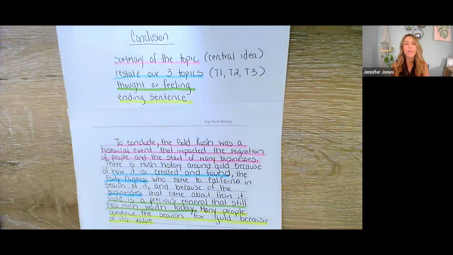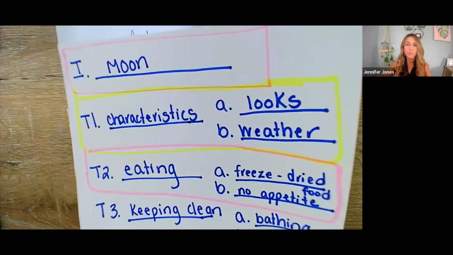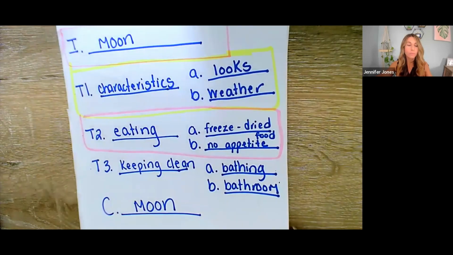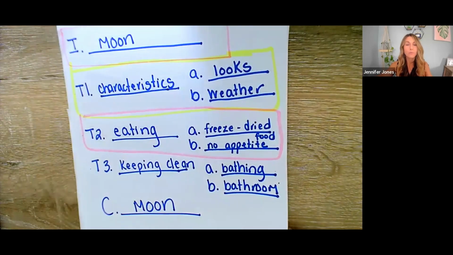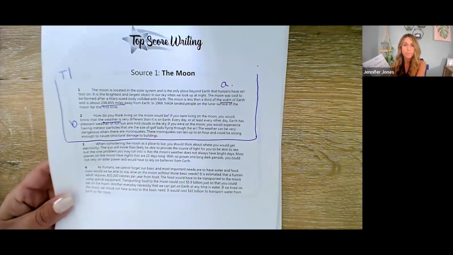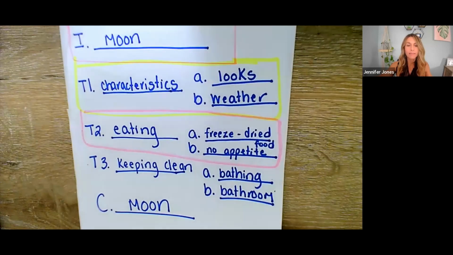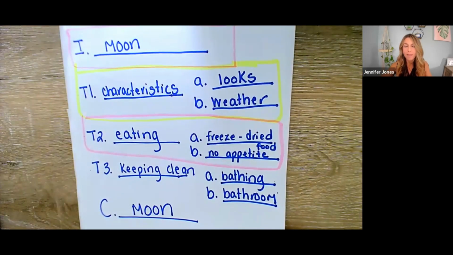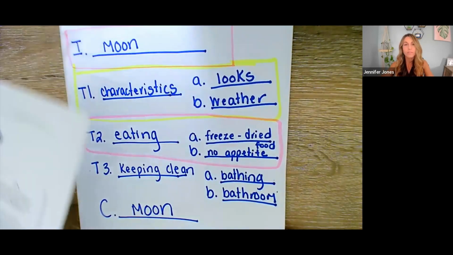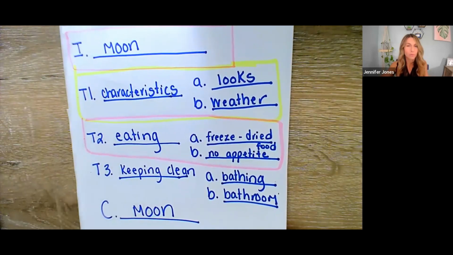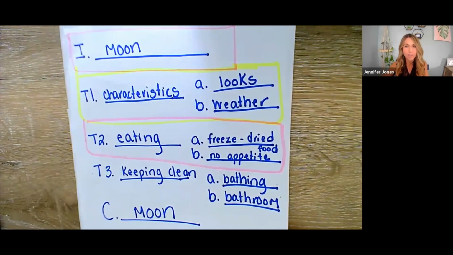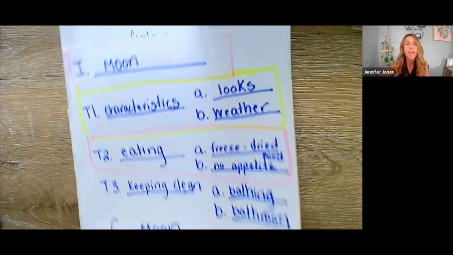Now I'm going to leave that displayed because it is now your turn to practice writing a conclusion paragraph. So you will now need to get your Moon text set, your Moon ITC outline, and your Moon essay paper. So this is your Moon text set. This is your ITC outline. Now, remember, yours may look different than mine, and that's perfectly okay. You might have used the same topics as I did. You might have chosen your own. Either way, it's fine. Just take out your ITC outline that you've been working with, and then take out your